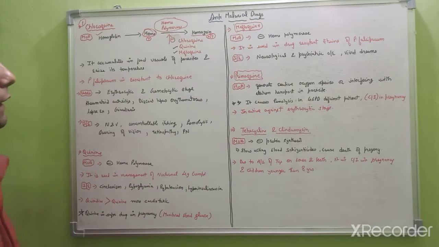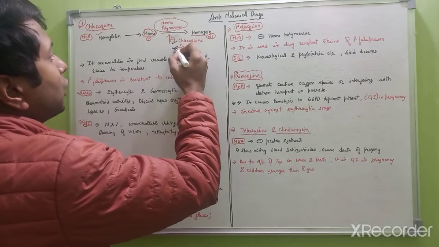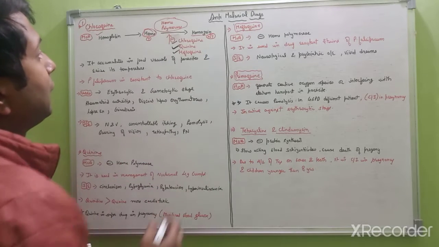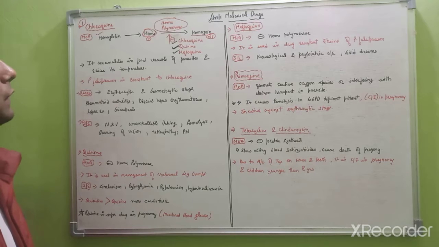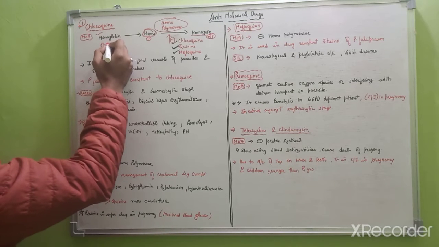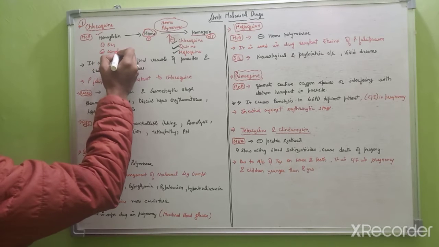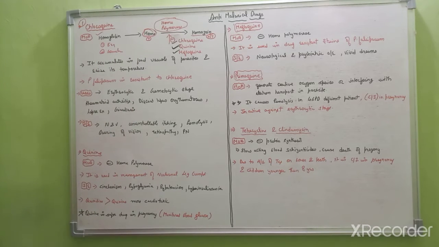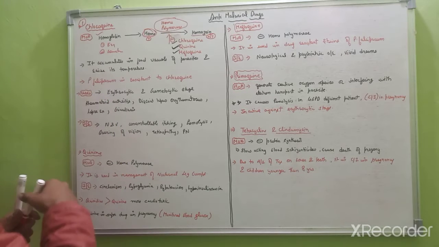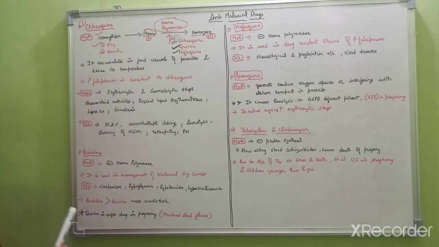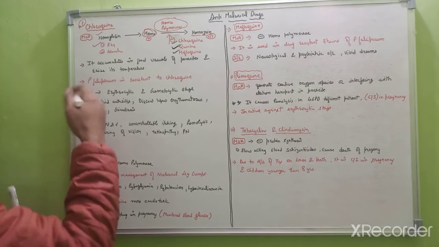So remember guys, here chloroquine, quinine and mefloquine will inhibit the heme polymerase enzyme. So remember, in the starting of the video, I said chloroquine will act on two stages. One stage is the erythrocytic stage, and the second stage is the gametocytic stage. So what happens in the erythrocytic stage, it will inhibit the heme polymerase, and in the gametocytic stage, what will